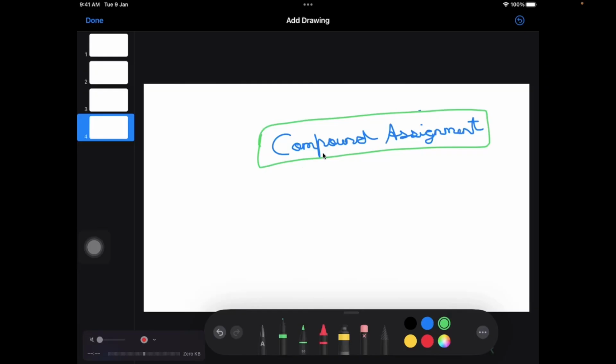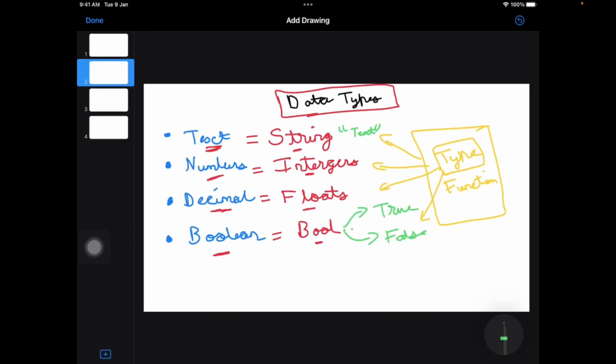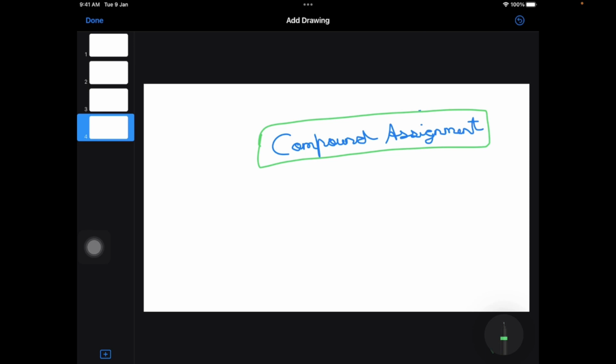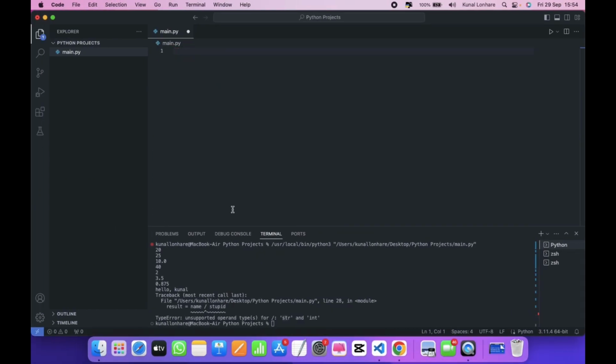Now guys, we are going to talk about compound assignment. Now what is that? It's very simple. It basically means that whenever we do operations, after doing operations, we use that same variable to make changes. Let me show you an example so you will better understand what I mean. I will remove everything. So for example, if I write here age